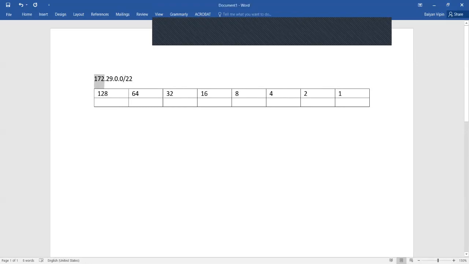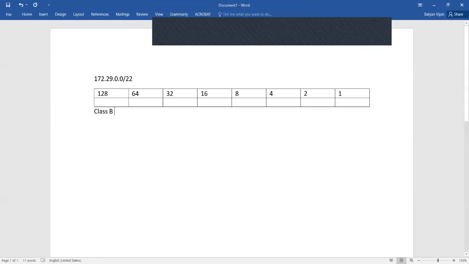And if you remember, I told you we have classes of subnetting and the IP address. So depending on that, we know which class it belongs to. Here we can see directly that this is 172, which is less than class C, which starts from 192. So it is class B, a class B kind of IP address.